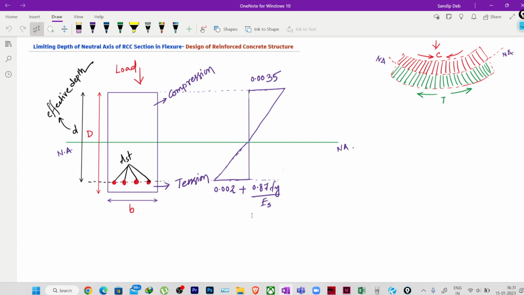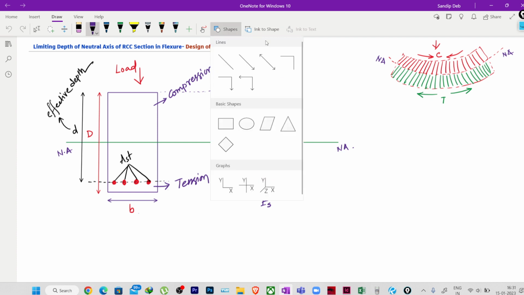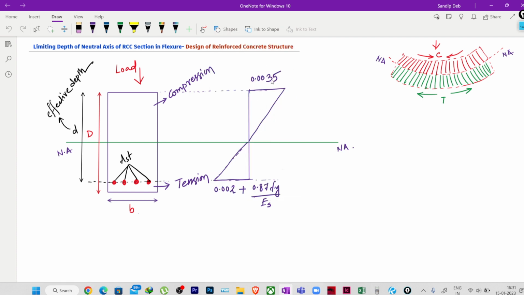So when the concrete reached its maximum compressive strain of 0.0035, and when the steel simultaneously reached its maximum tensile strain of 0.002 plus 0.87 Fy by Es, then the depth of this neutral axis at this condition, when both the concrete and steel have reached their maximum strain limit, so in that case the depth of the neutral axis,